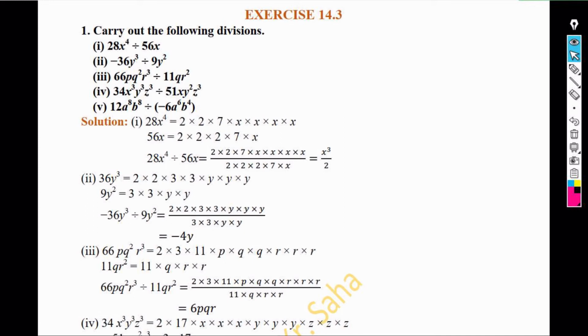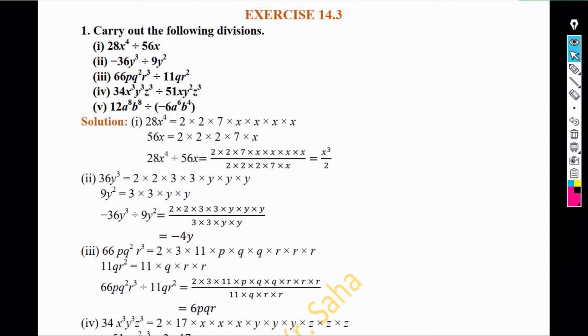Now write down 28x to the power 4 divided by 56x equals 2 into 2 into 7 into x into x into x into x divided by 2 into 2 into 2 into 7 into x,